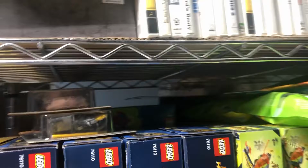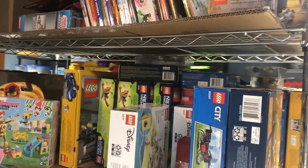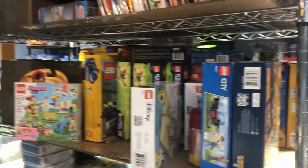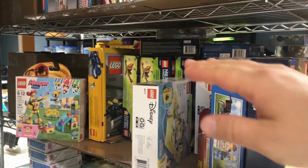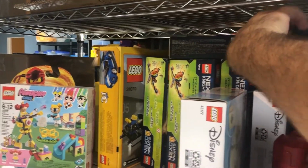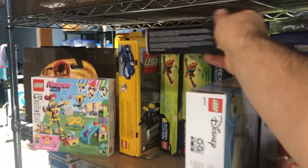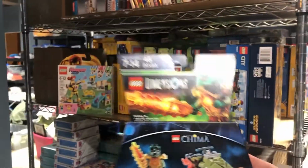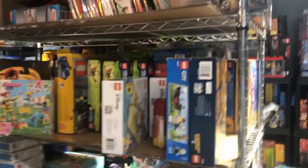Lego Dimensions. I think I see it. You guys see it? If you were looking at this shelf, would you know where to grab? We're going to reach in right through the screen. Right up here. Move that out of the way. I believe this is the last of our Lego Dimension sets that we have for sale,